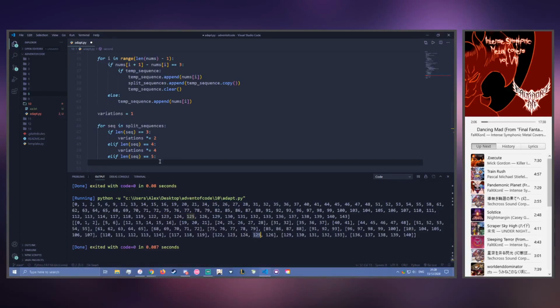If I didn't miscount, that's weird, because, well, variations times 7. So it's always 1 plus